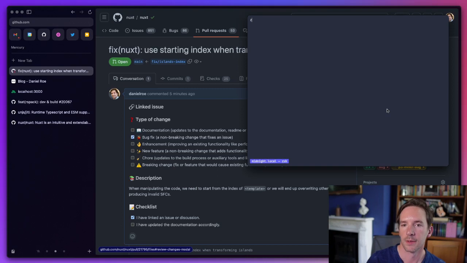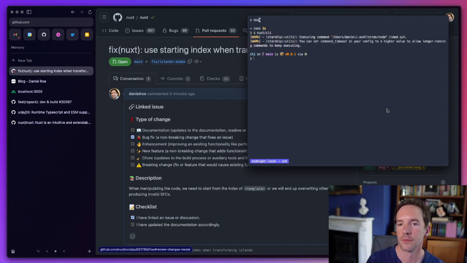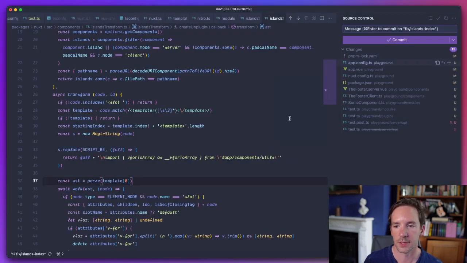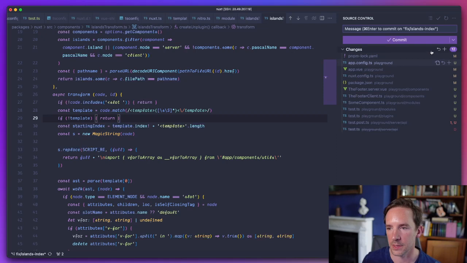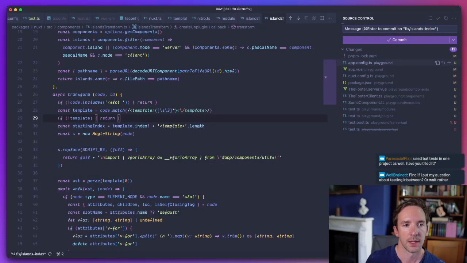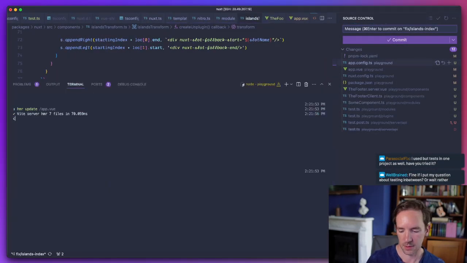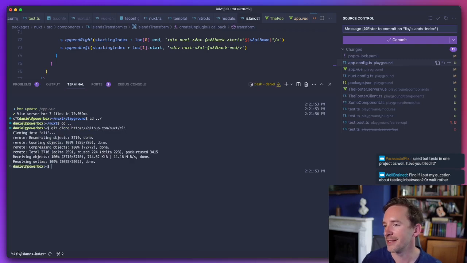CLI. I should probably just clone this in here. Oh, is there anything that we were doing? I'll pick up the rest of the server component stuff later. And let's... Oh yes, well-brained, go for it.